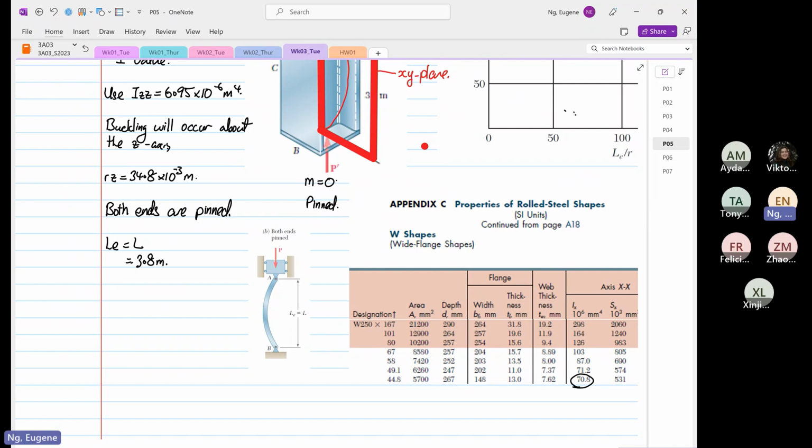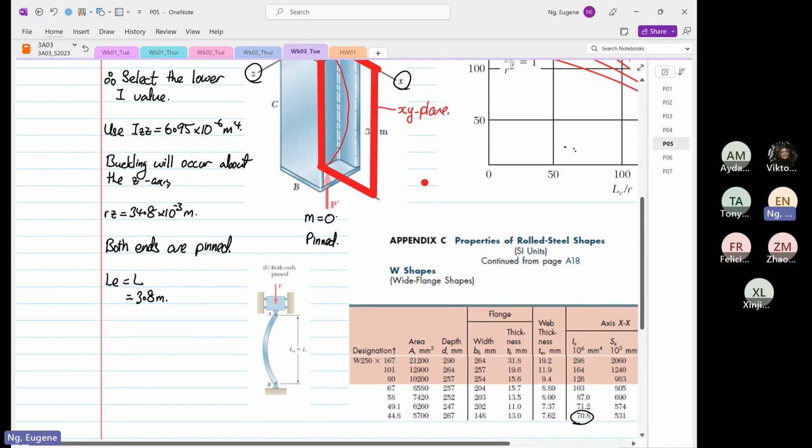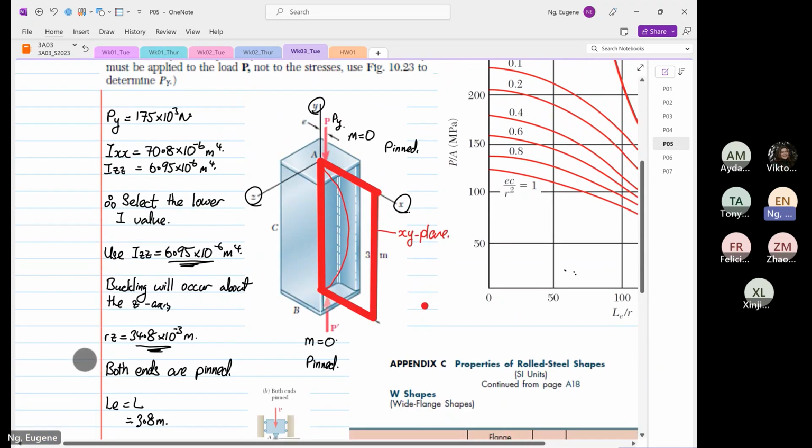So what else do we need to know? Okay, that's all the information that we have. Again, the most important thing is what radius of gyration to use, and what values of second moment of area we should use. And then the next thing we can find out is that we also need the area, right? So the area,